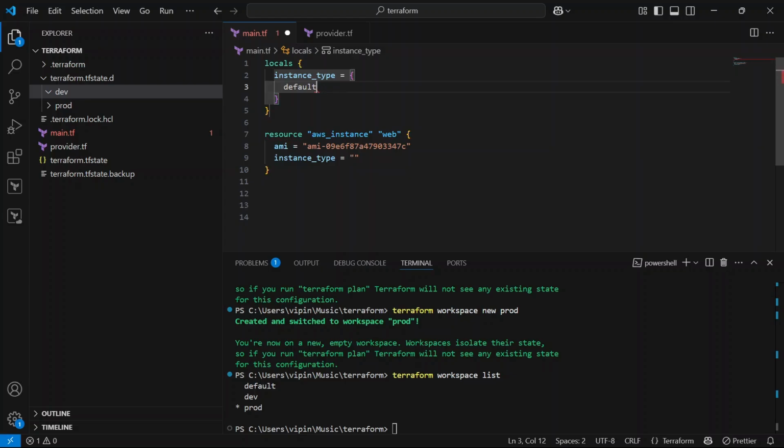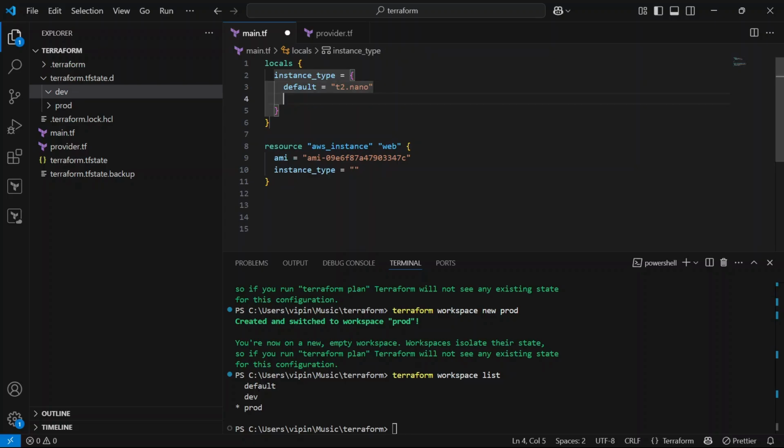If we have the default workspace, then we want the EC2 instance type T2.nano.